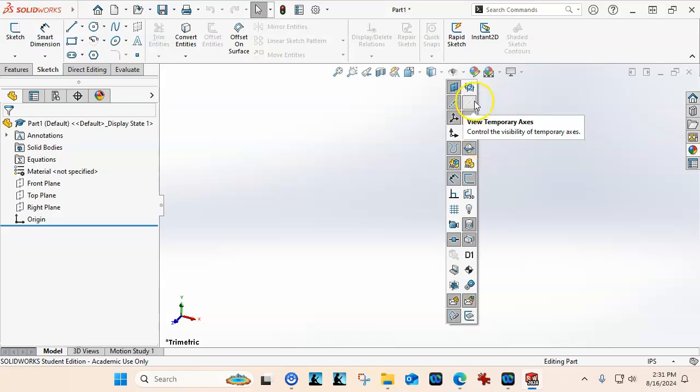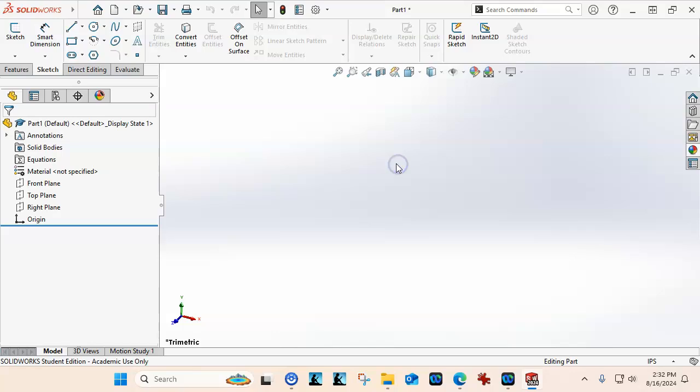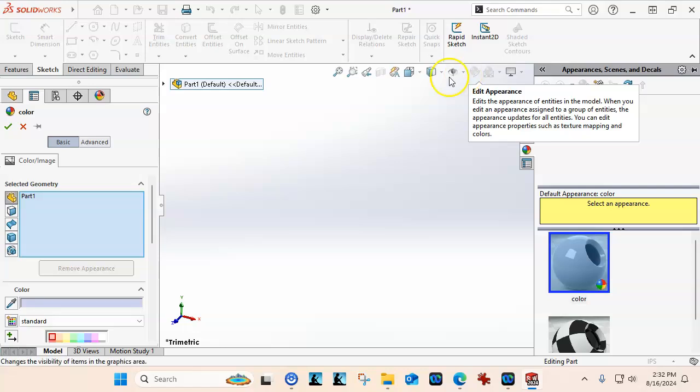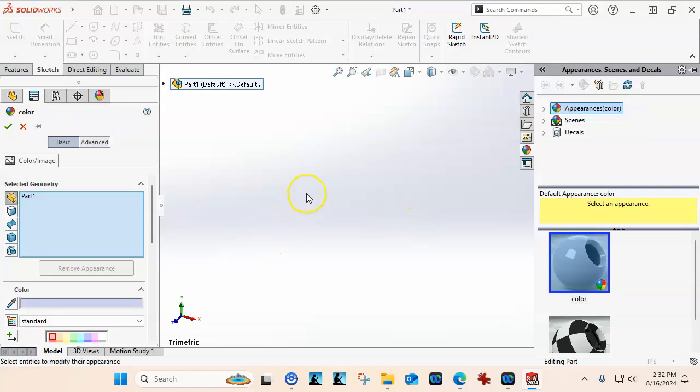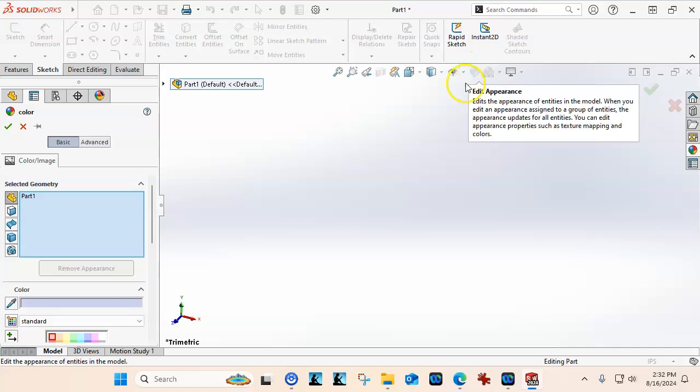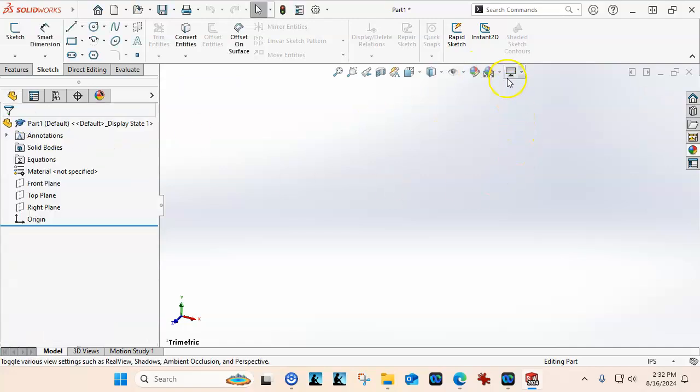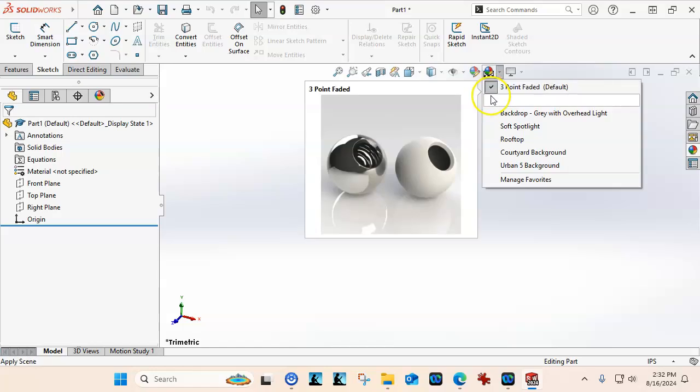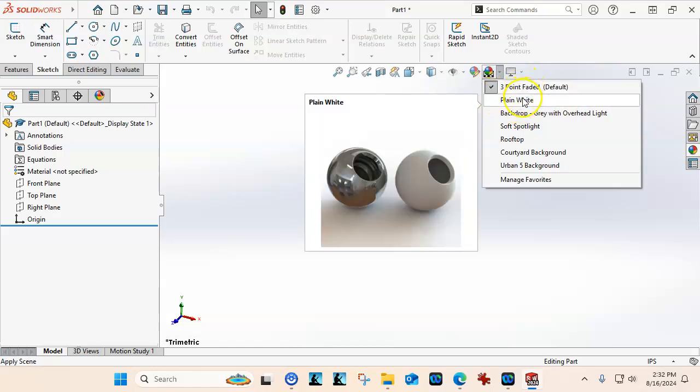And you're going to see a lot of these visual toggles of things that you might not need. So chances are your view sketch relations is turned on. I'm going to say go ahead and turn that off, but I will turn it on so when we get to these sketches I remember to show you, and then also show you how to turn it back off. The screen background, all right, so notice that the appearances comes up when we do that, colors and different items. My screen background